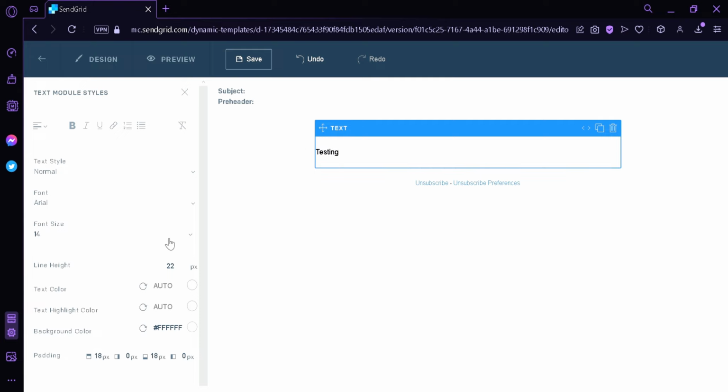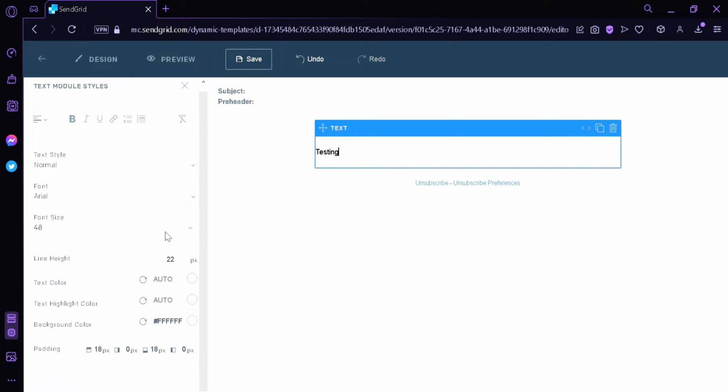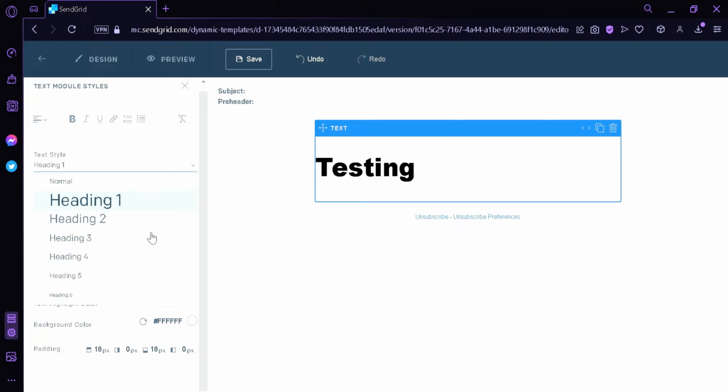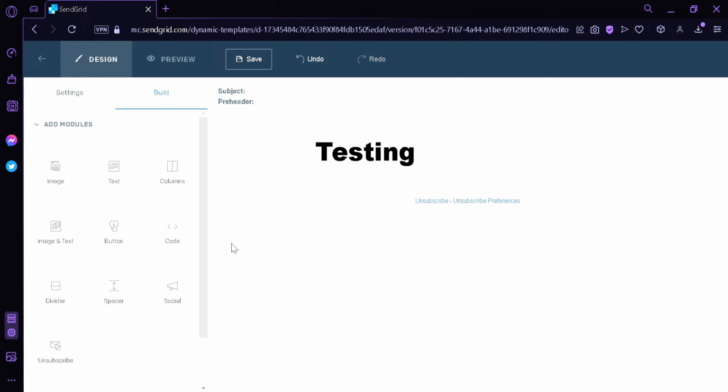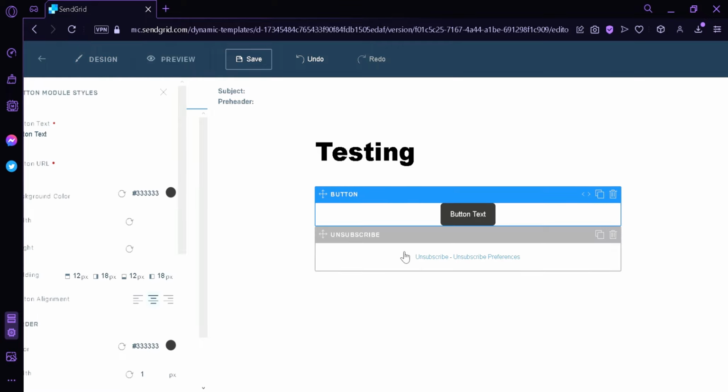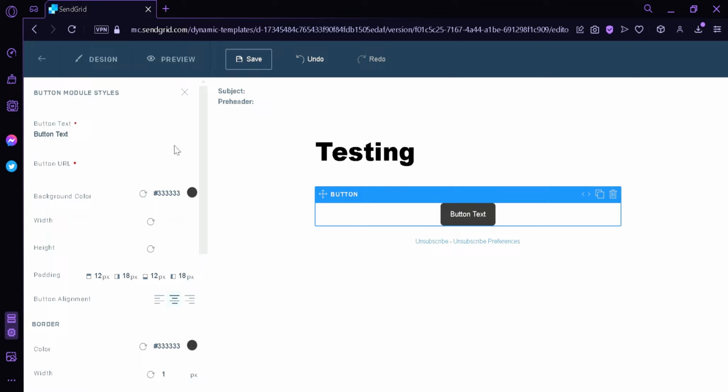And then we can change the font size over here. We could change the font to different fonts, just like this. We could change the text style to heading, heading 2, or many more, just like that. We could add more modules like a button. We're dragging it over here. Then we could change the button text to subscribe,